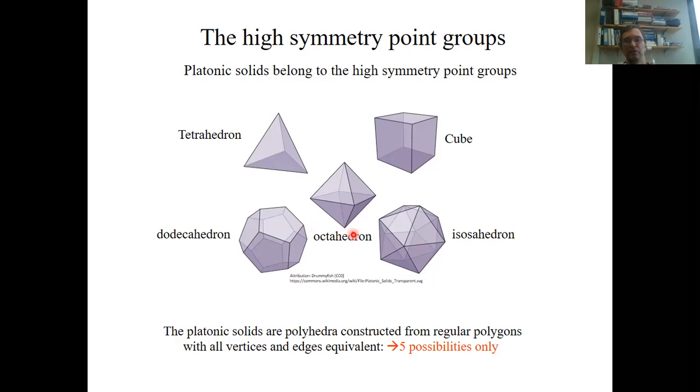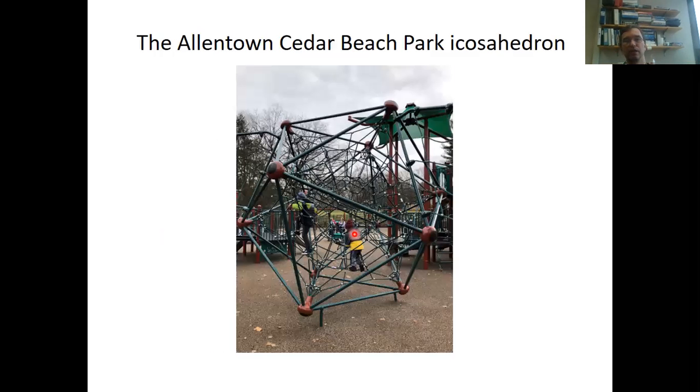Okay, so let's go through all the Platonic solids step by step and see to which point groups they belong. Before we do that, I just wanted to point out that the icosahedron is probably the most complicated of the polyhedra to understand, but it can actually be studied even from the